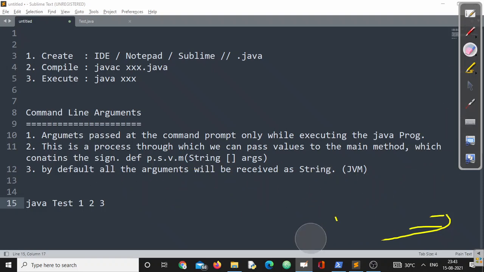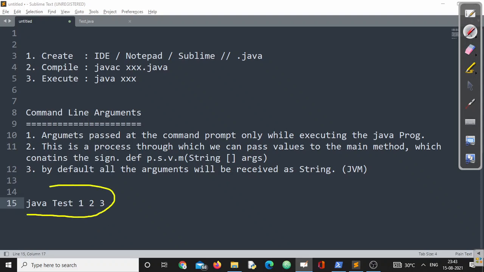And all the arguments should be separated with a space. If you have not written the command line arguments separated by a space, then they will be treated as a single parameter, right? Now you can see all these arguments. The concept is exactly like this.